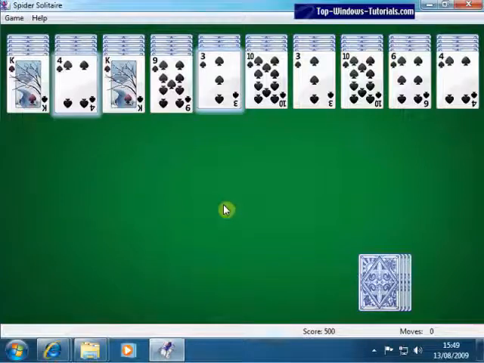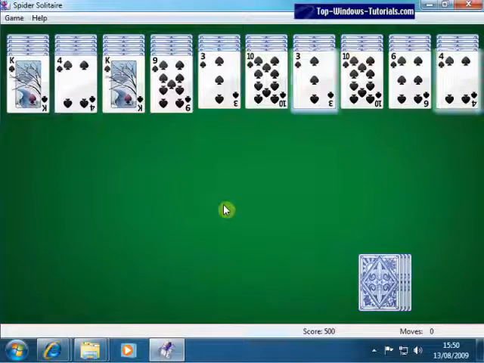Let's take a look at some basic window functions in Windows 7. Some of these techniques will be familiar to those of you who have used Windows before, but some of them will be new even if you've used Windows Vista before. OK, so here is the free Windows game Spider Solitaire, exactly as it would appear when you first load it